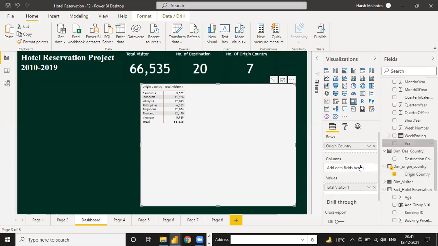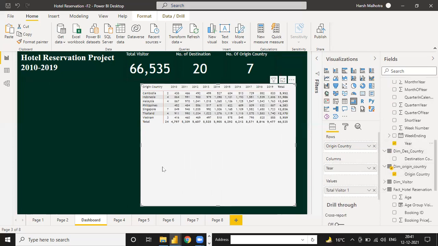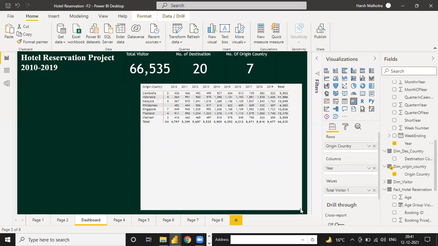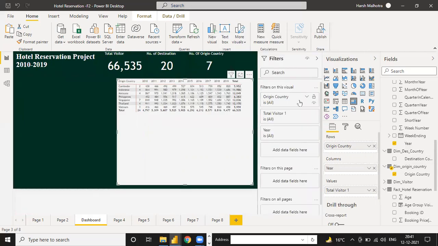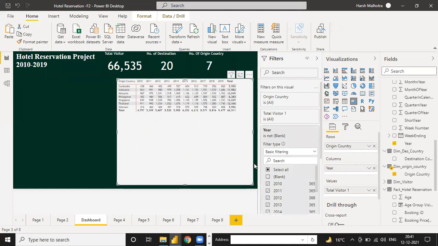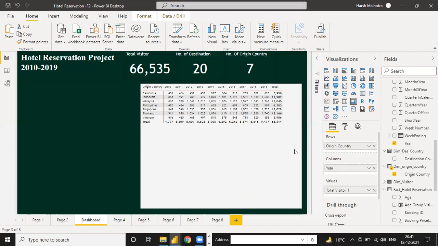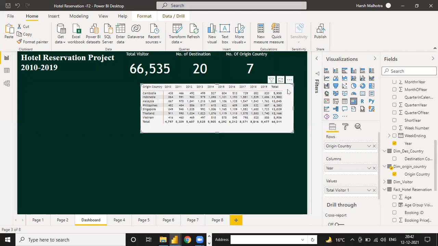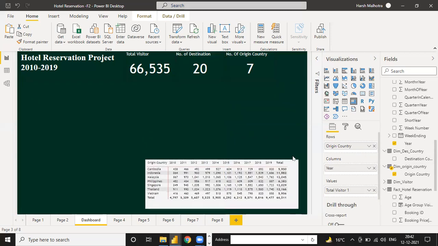Here you can select the year in the column. See, one by one we have year wise, 10, 11, 12, 13, 14. Go to this raw data, total visitor year. Go to this year and unselect this blank because I don't want this blank value in the data. So this is your complete data year wise of origin country.